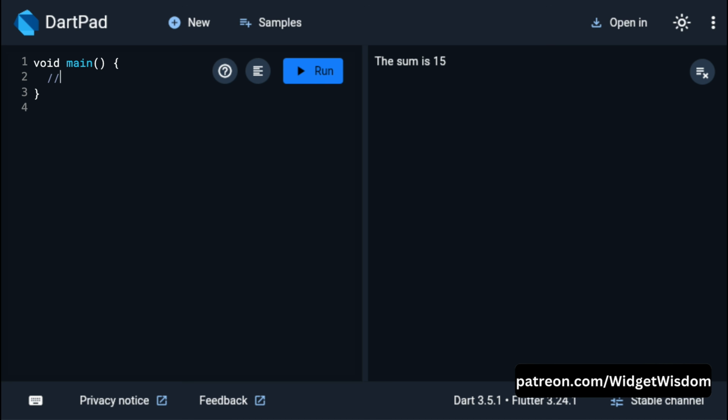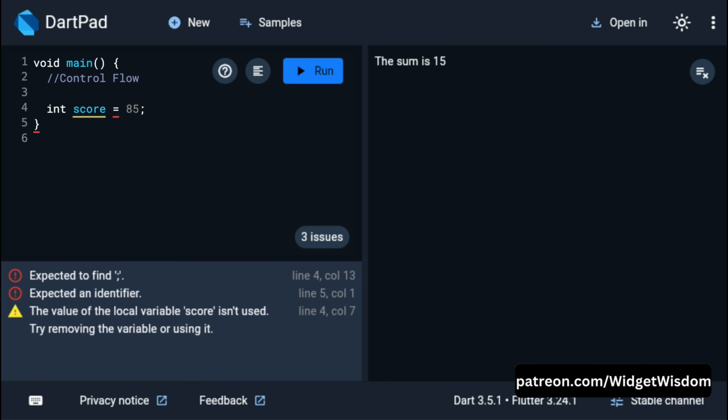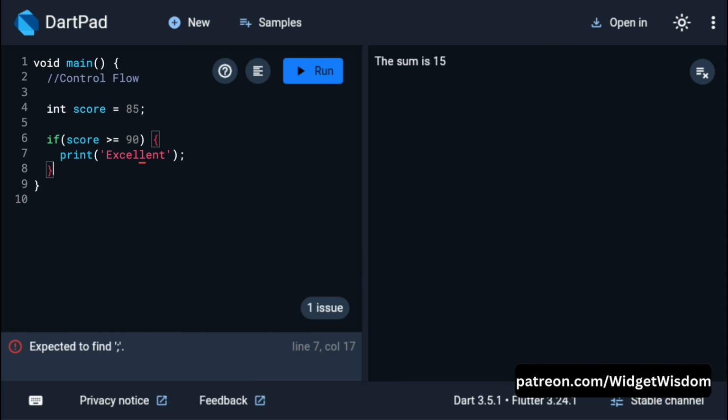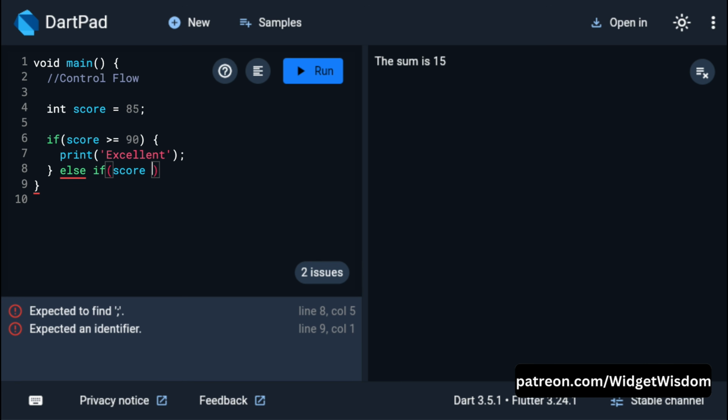Next up, let's talk about control flow. Control flow statements allow you to manage the flow of execution in your program. This includes conditions like if else, loops like for and while, and the powerful switch statement. Like here create a variable score and assign its value to 85. Then below this add an if condition that if score is greater than or equal to 90, in that case print excellent. And then again add an else if and here check if score is greater than or equal to 75, in that case print good, otherwise